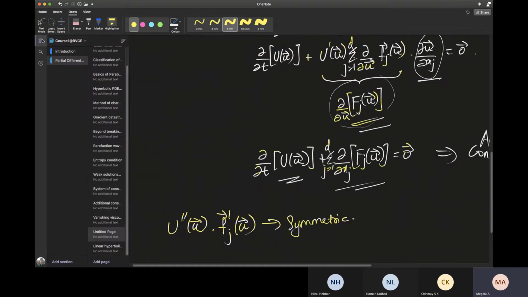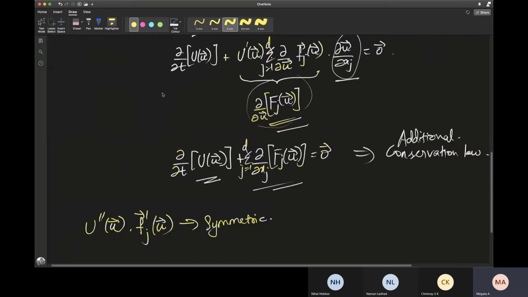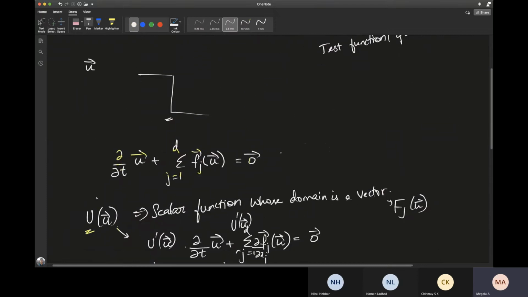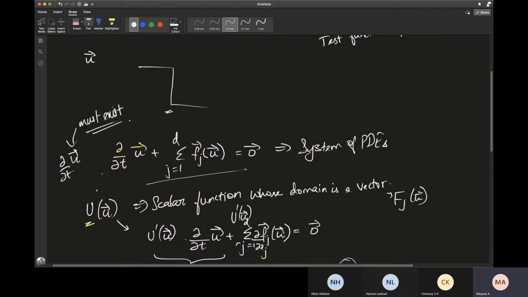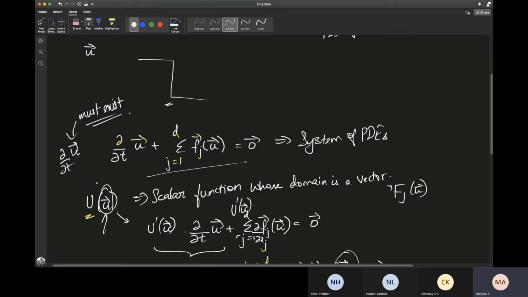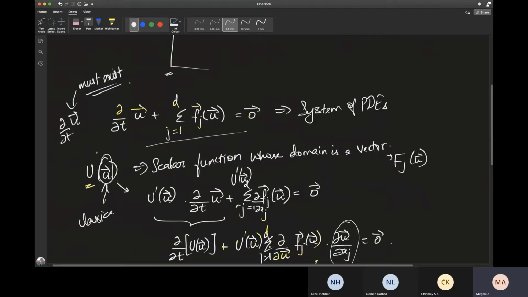Now, next, we have done all this with regard to the classical solution for the system. That is, we have considered the system of PDEs. We did not actually consider the weak form. We only talked about the PDEs, in which the derivatives of u vector must exist. So this u vector that we talked about is a classical solution to this system. So all of this has been done for the system of PDEs.